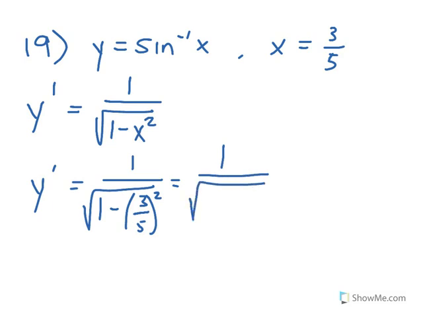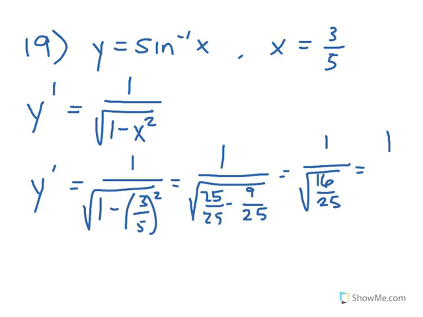And underneath the radical, the second fraction, when we square the top and the bottom, we're going to have 9/25. So keep in mind, I'm just going to think of the 1 as 25/25, of course, and subtract the 2. So I'm going to get 1 over the square root of 16/25. And 16 and 25, as you know, are perfect squares. So 1 over 4/5. When we take the reciprocal of that, we get